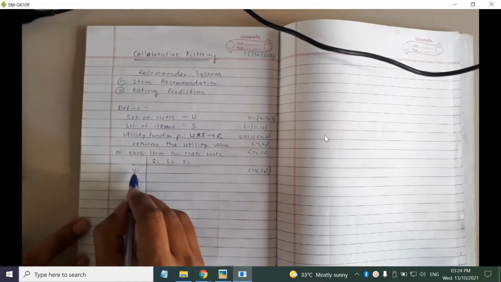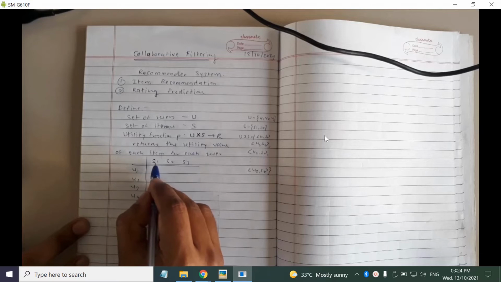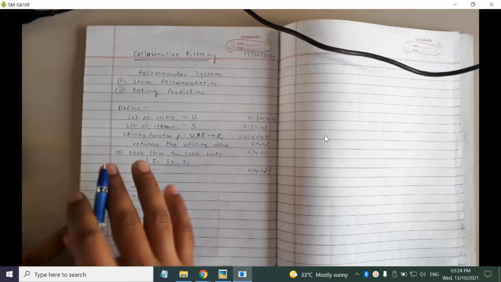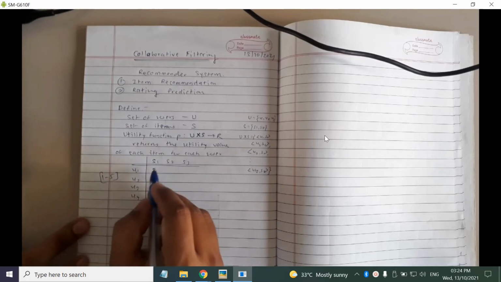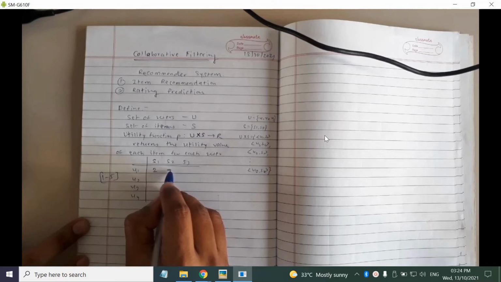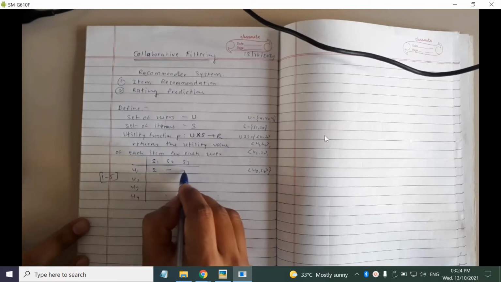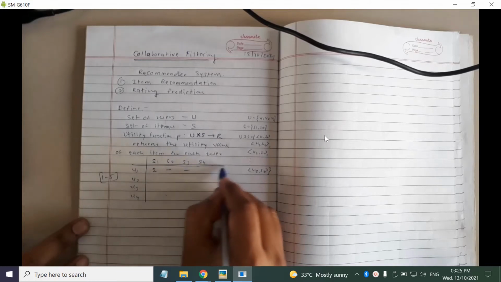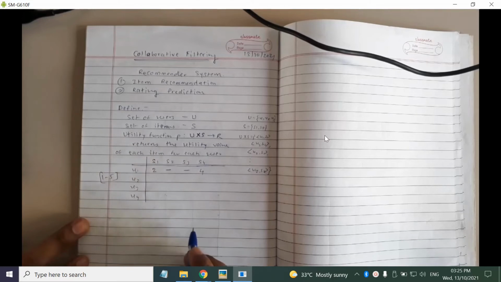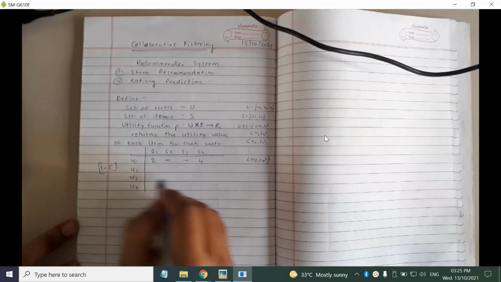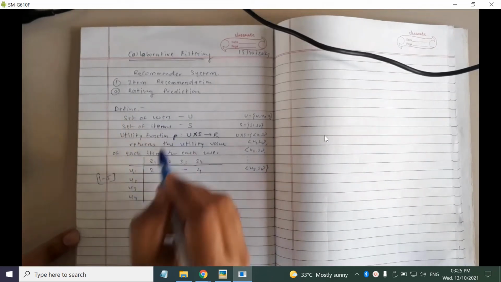User 1 may rate this product, if the rating scale is 1 to 5, as 2. He might not have purchased this item, so he will not rate it. So we may have missing values also. He may rate the S4 item by 4 and so on. This mapping function, we want to learn from the data, and this function is denoted by p.